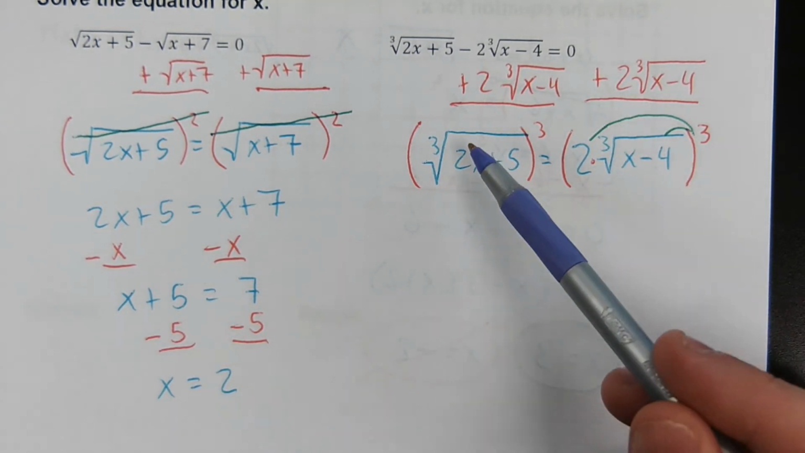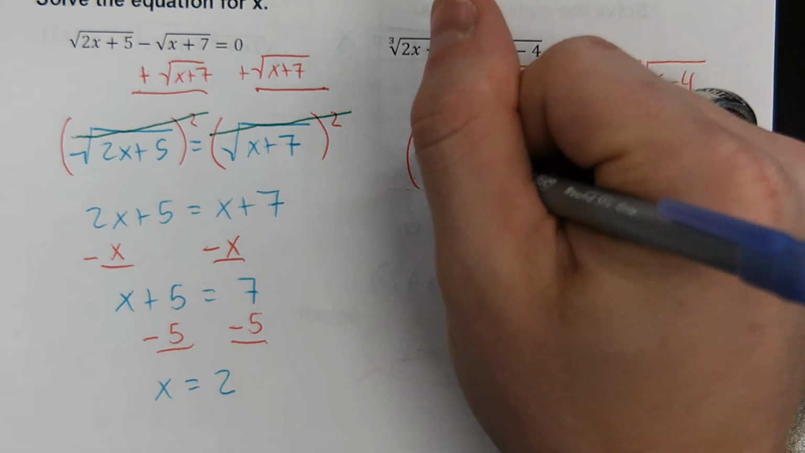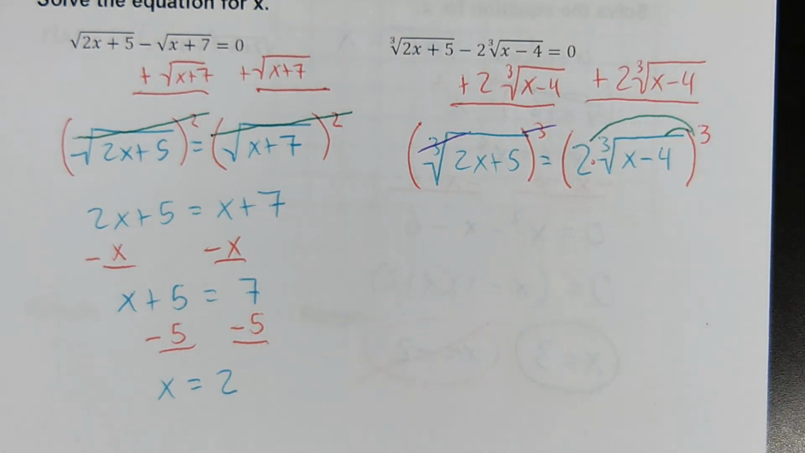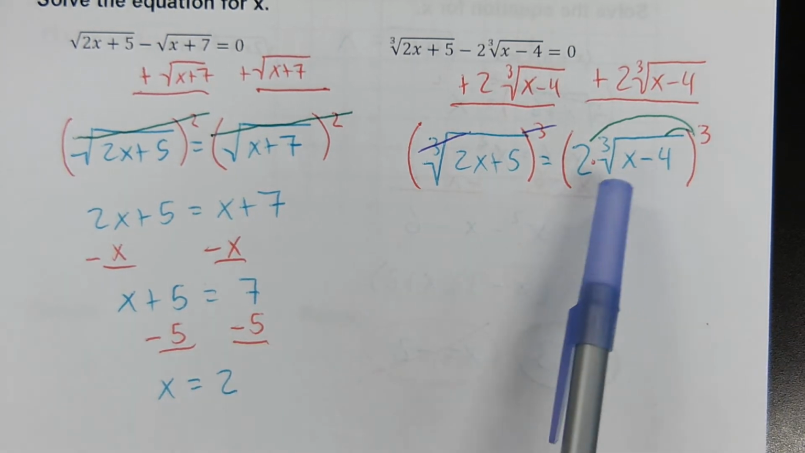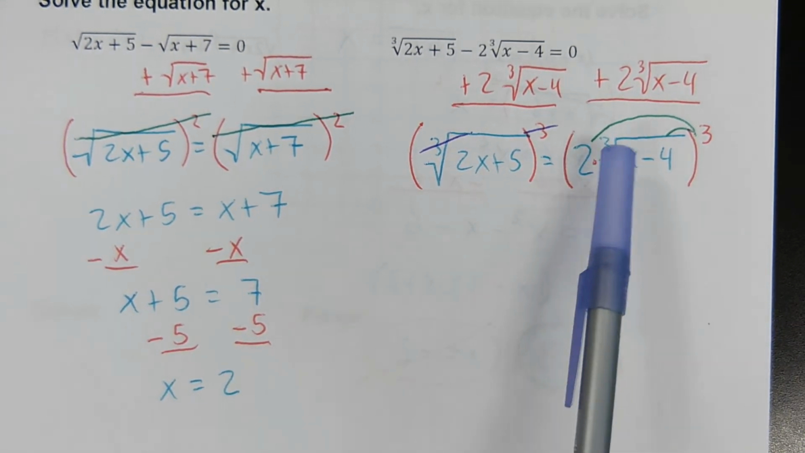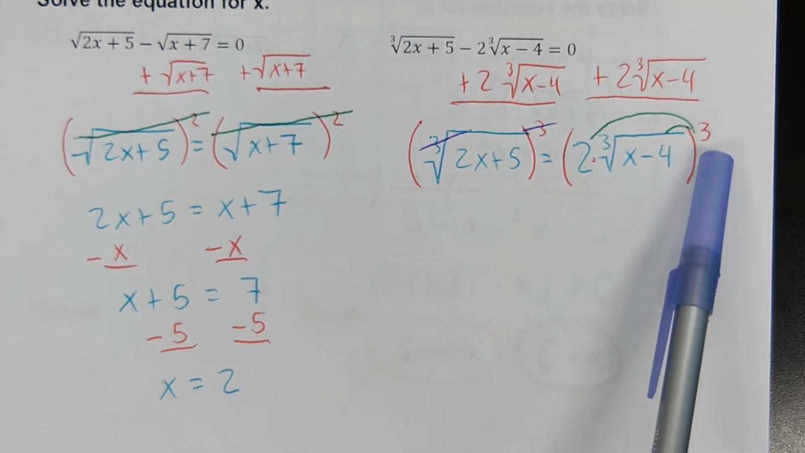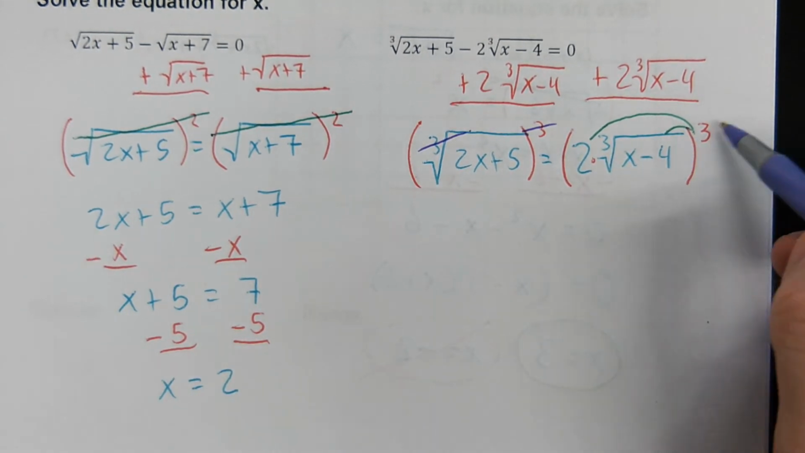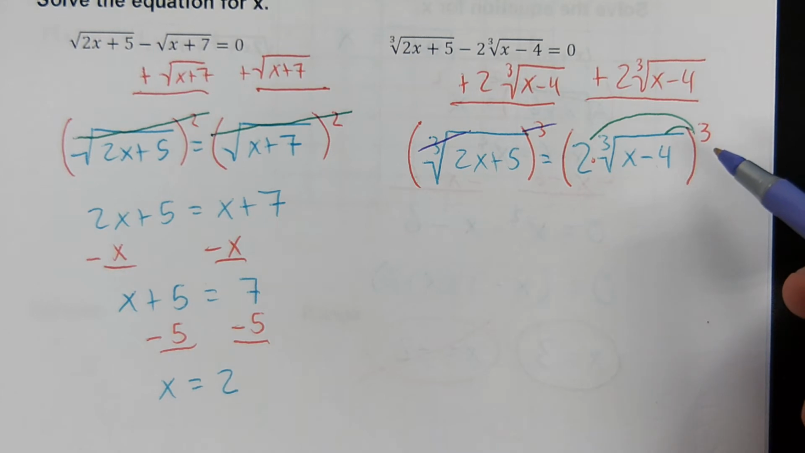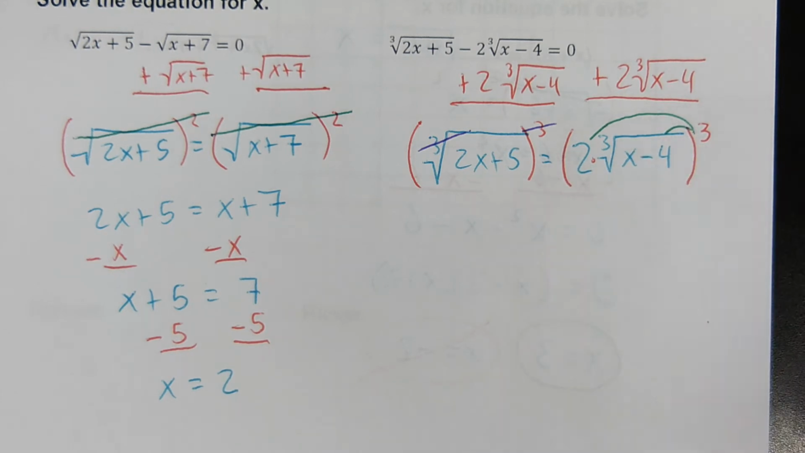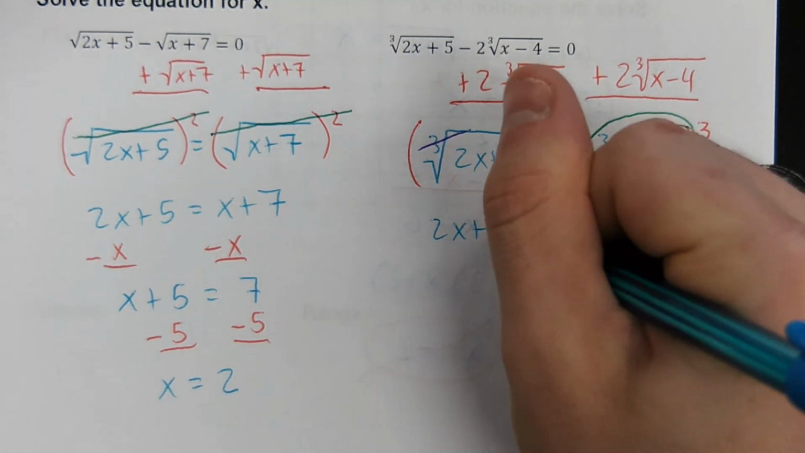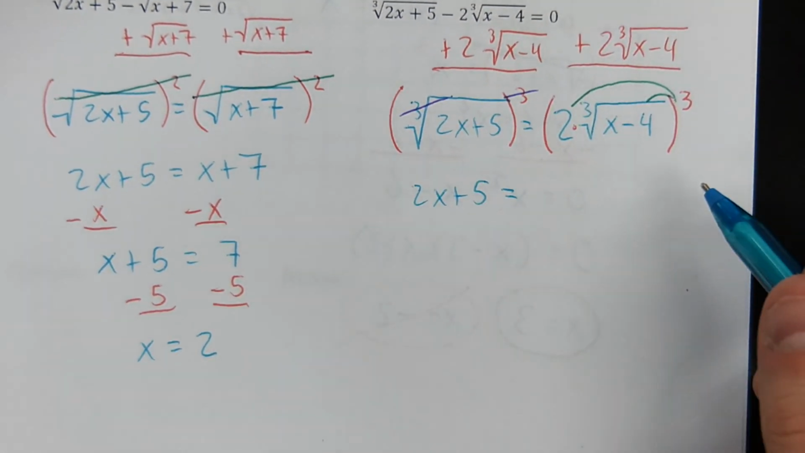On the left side, the third root and third power just cancel each other out. On the right side, yeah, I am going to crush this root with this power. But I don't want to cross this little 3 off, because I'm afraid that it'll make you think that I didn't need it on the 2. I'm going to show one more step to make sure that we don't run into that issue. And that step says this: